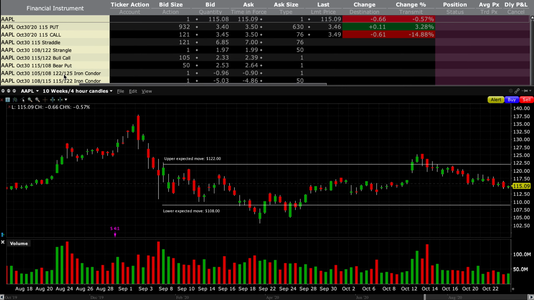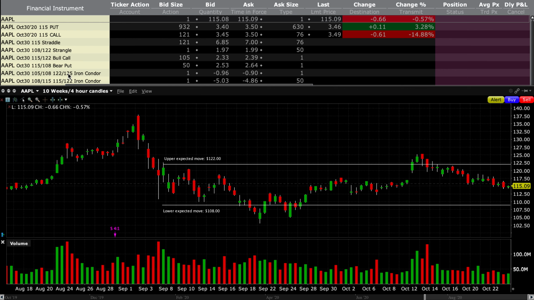So we've covered some of your neutral strategies as well as your bullish strategy and bearish strategy. Now we're looking at the iron condor, which is a credit strategy. This is more for the theta gang guys over here, right? And again, you want to go outside the expected move. Even this one over here that I've built, the 108 put spread to 105 and the 122 to the 125 on the call side, iron condor. This might still be too tight, right? But again, this is for exemplary purposes.